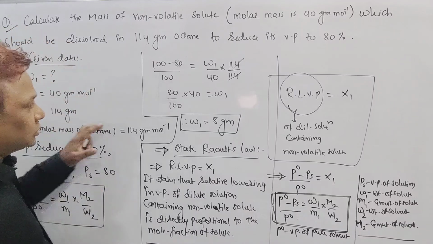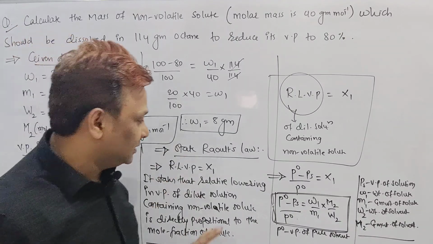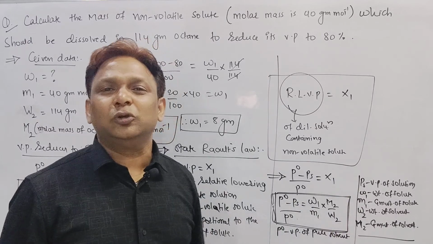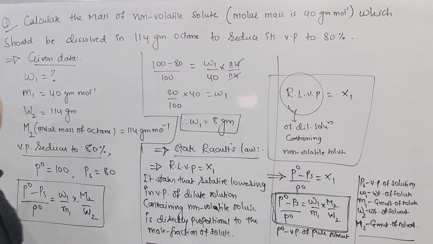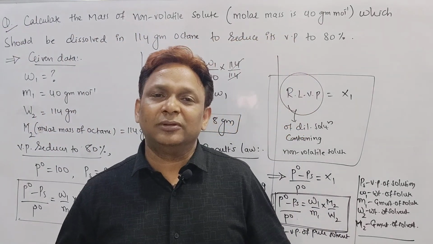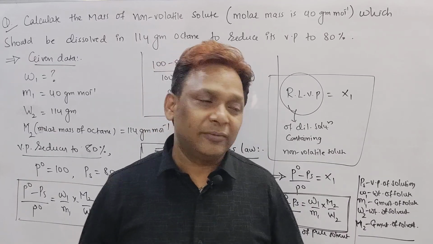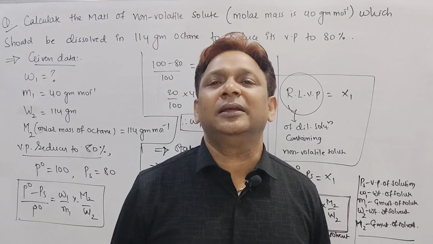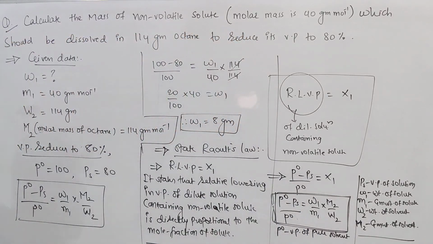Now see, writing all these, numerical 4 marks, statement 2 marks, and with the statement, the formula and terms of all the formula, remaining 2 marks. So these questions also carry a total of 8 marks, right? So calculation part plus statement of Raoult's law, and with the Raoult's law we have to go with the formula and we have to write each and every term included in this one.